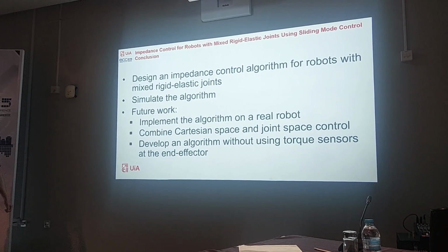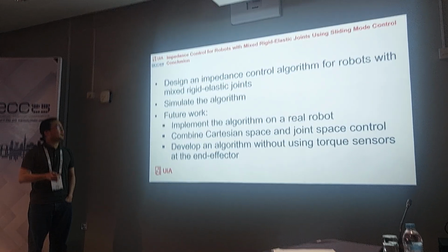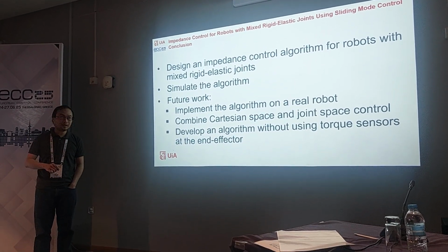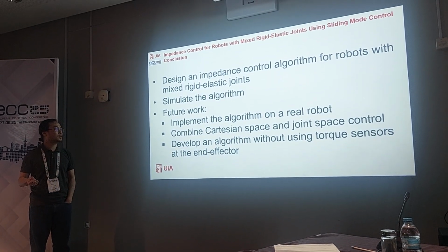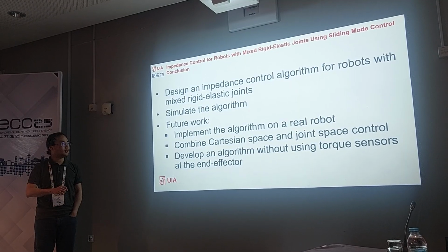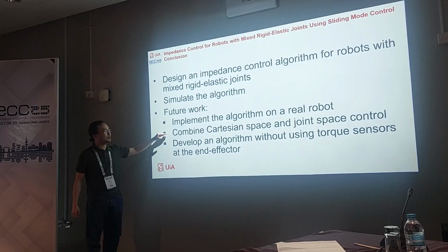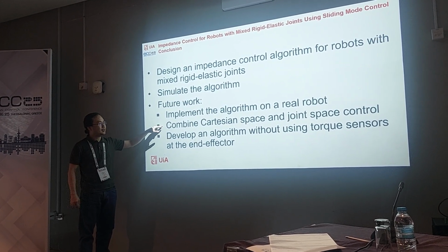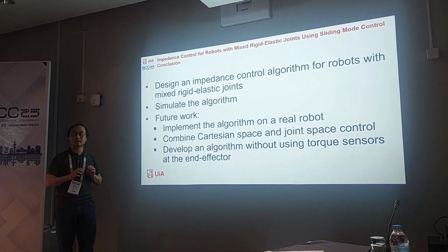So the conclusion is I have designed an impedance control for the robot and also simulated it. The future work is first to implement it on the real robot that I introduced in the first slide, and another step is to combine Cartesian space and joint space. This means that, because now I'm working in